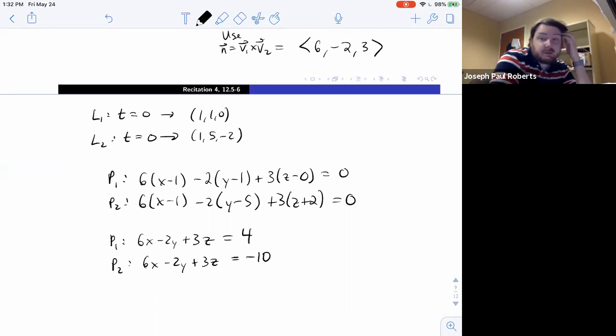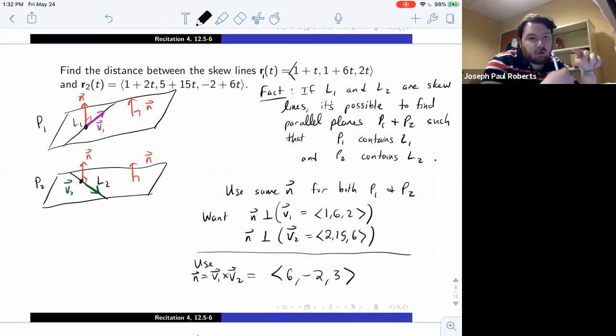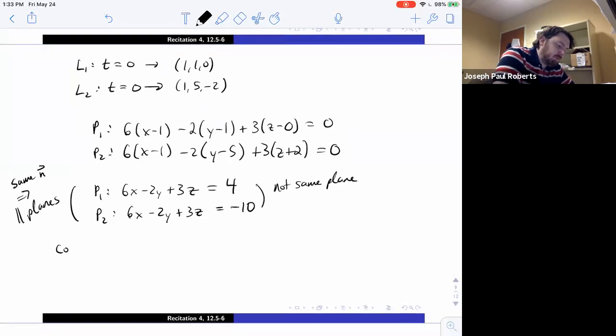And so now if you're skeptical that for any two skew lines, you can find parallel planes such that one plane contains one line and the other contains the other, well, let's just check. So it's clear that they have the same n, so they're parallel planes. These are different, so they're not the same plane. And then to, for example, confirm that